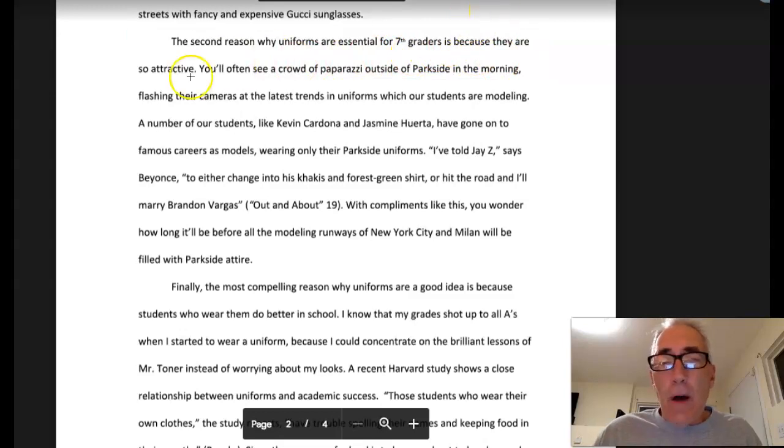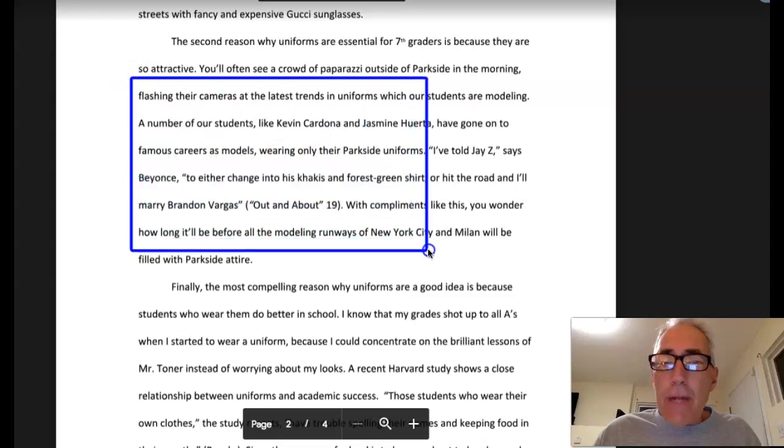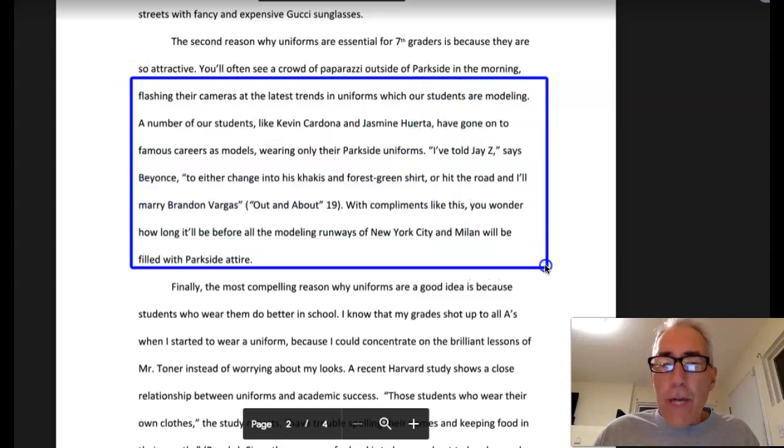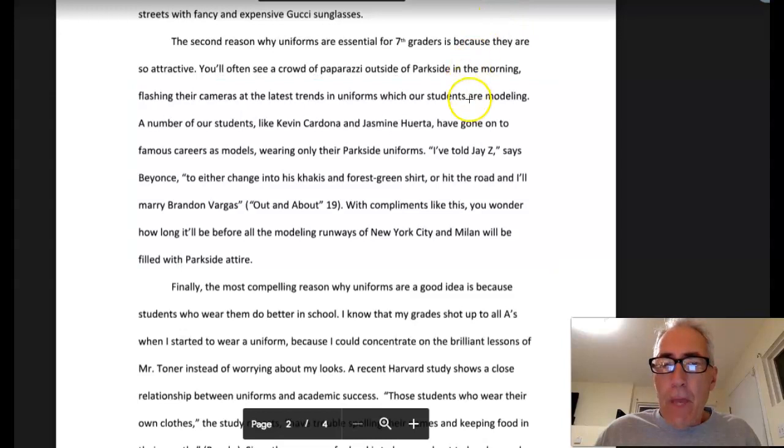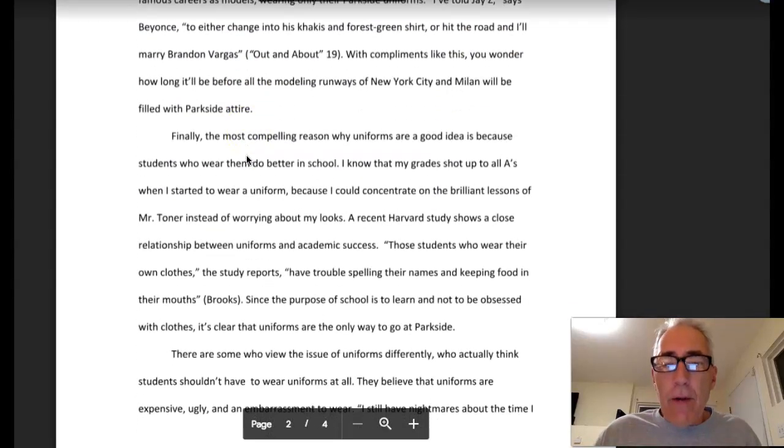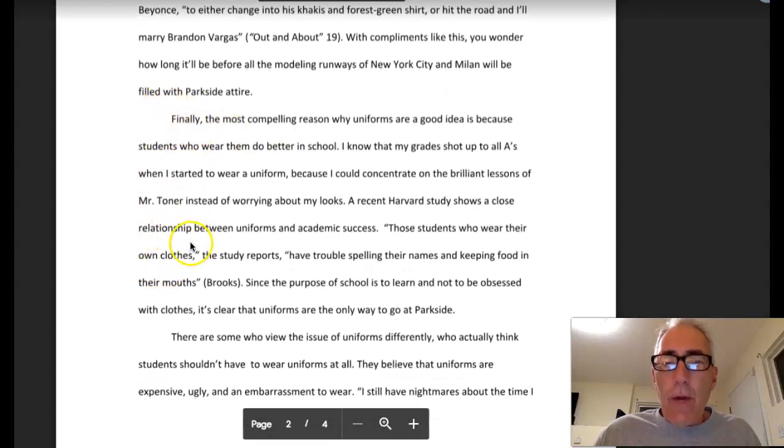Following that is all that we've done before, and that is lots of evidence in here, and your quotation in here, and following the quotation is more of your commentary on it. Once again, all of this here, this citation, is explained in the other video. So from there, it is pretty much the same. Let me scroll down here where you have your third reason around here